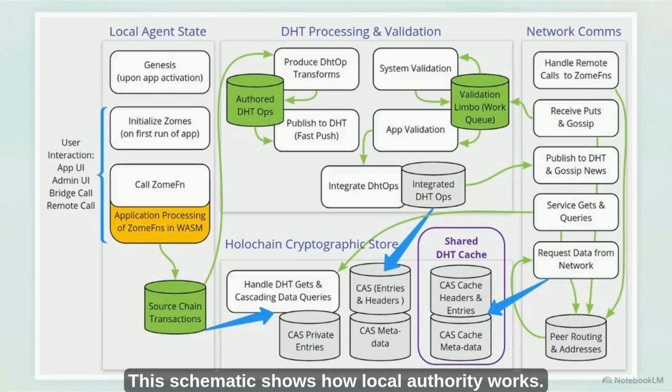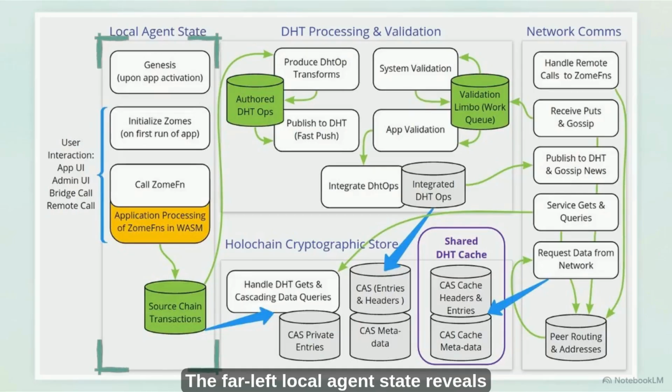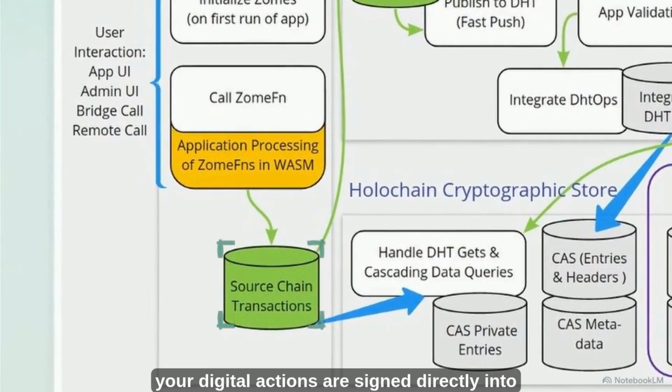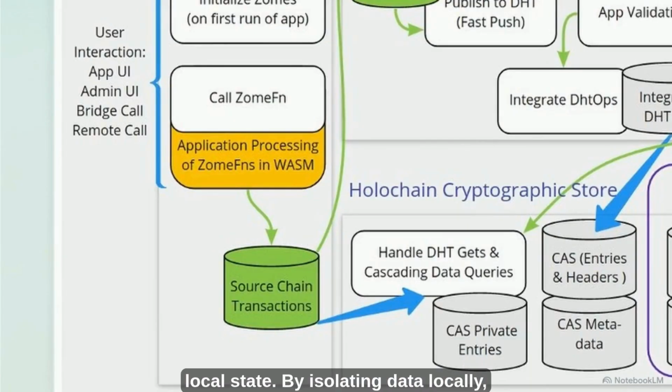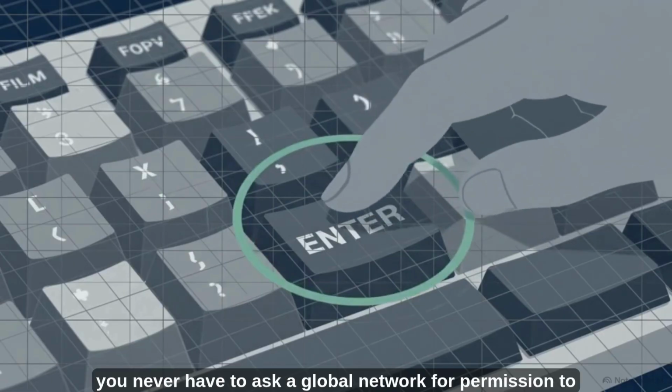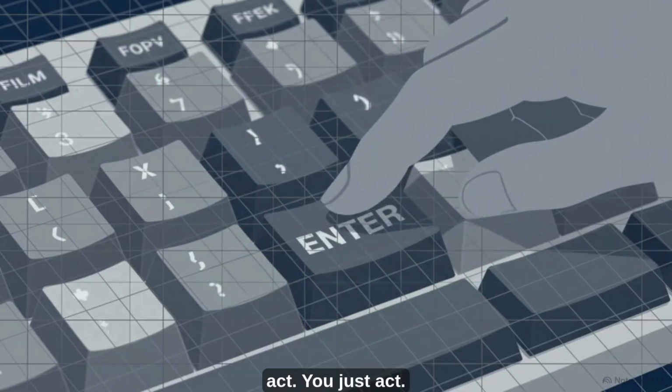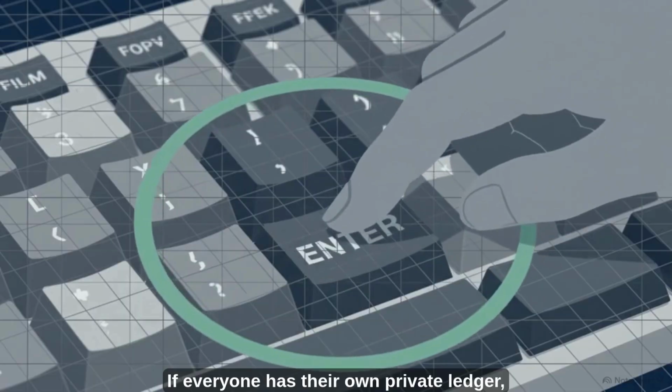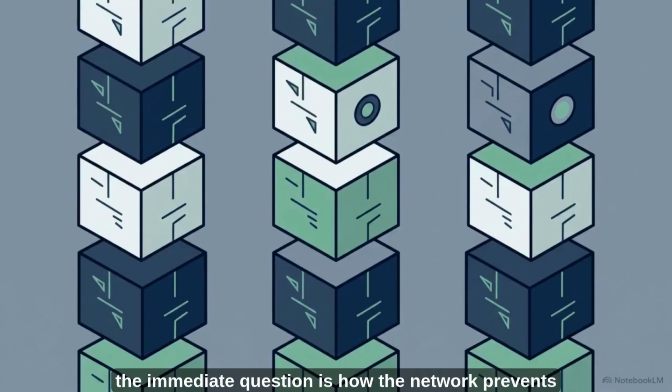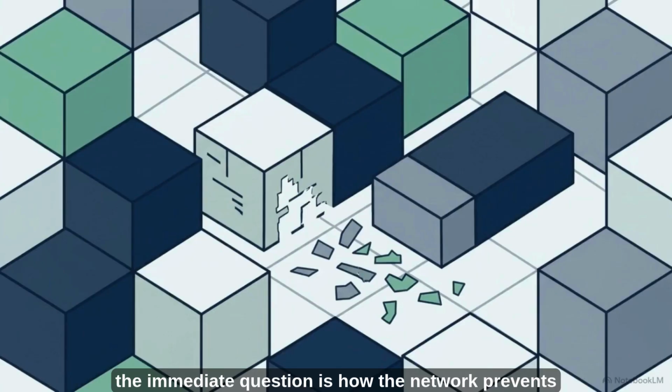This schematic shows how local authority works. The far left local agent state reveals the source chain, a private ledger on your device. Following the downward flow, your digital actions are signed directly into source chain transactions. You are the absolute sole authority over your local state. By isolating data locally, you never have to ask a global network for permission to act. You just act. If everyone has their own private ledger, the immediate question is how the network prevents independent agents